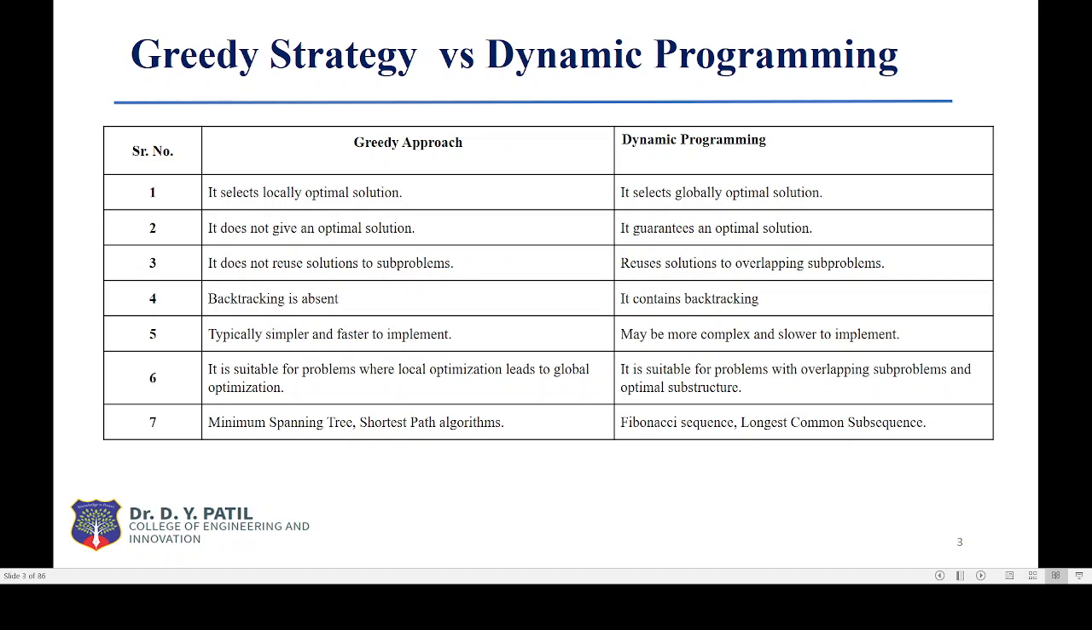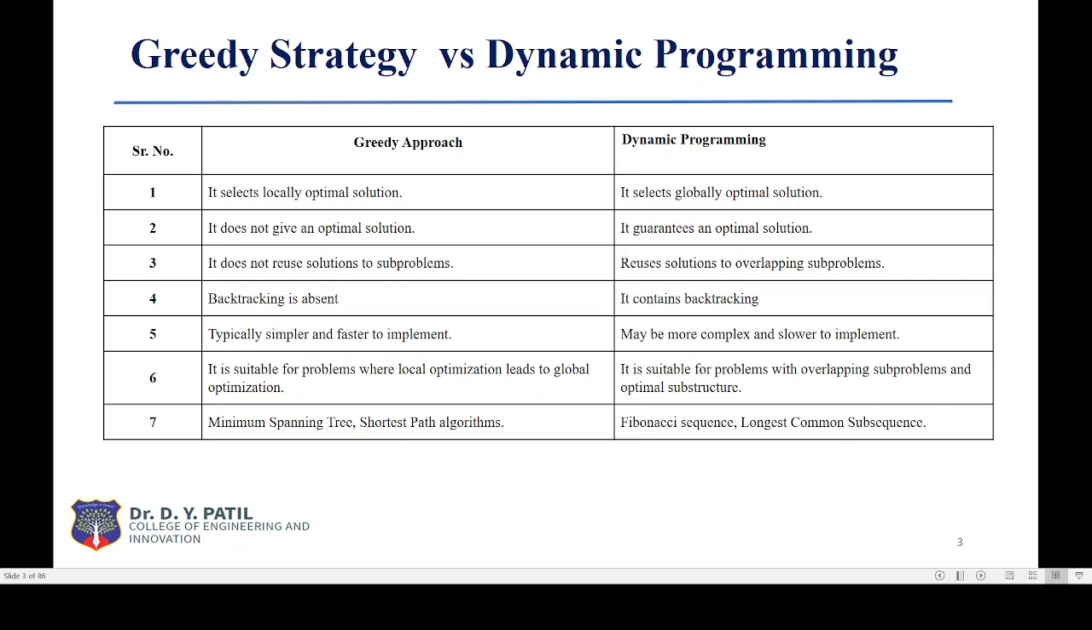The next point is that backtracking is totally absent in the case of the greedy strategy, whereas dynamic programming involves backtracking. Then, the greedy strategy is typically simpler and faster to implement, whereas dynamic programming may be more complex and slow to implement